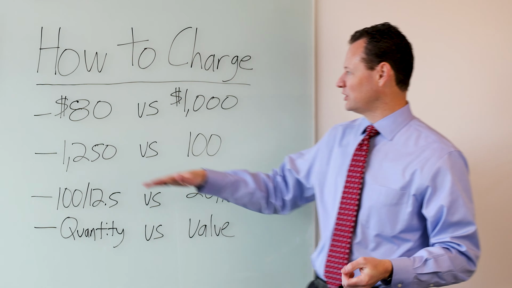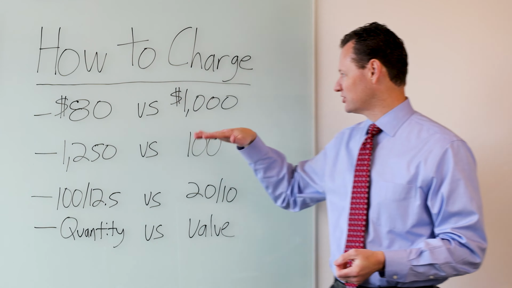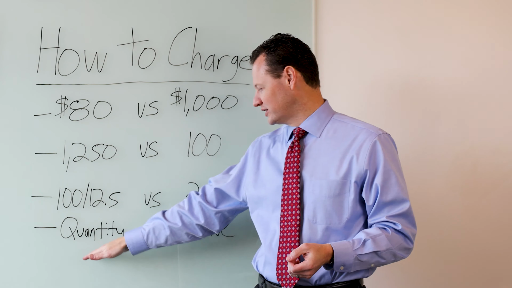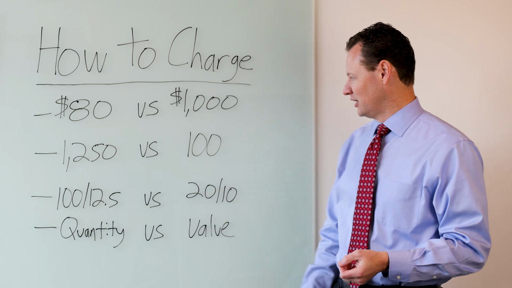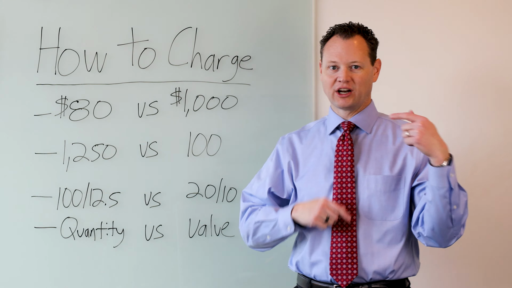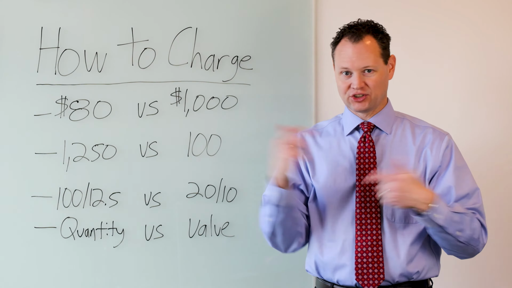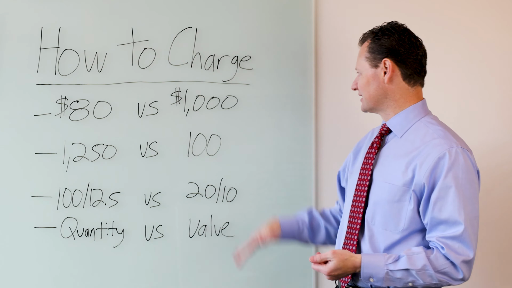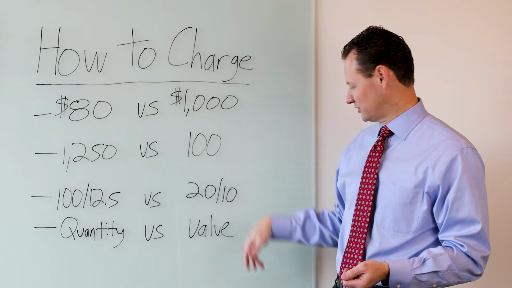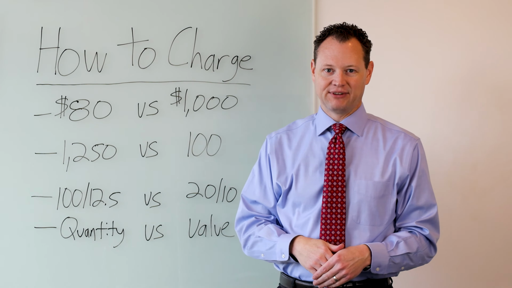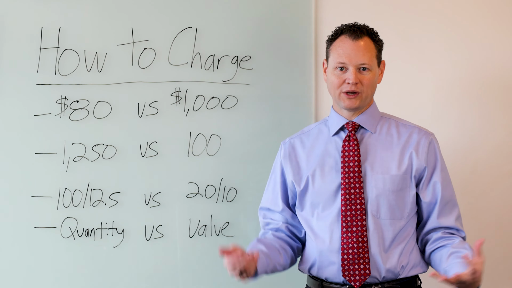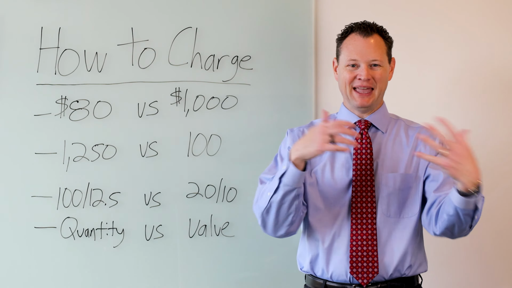The difference between charging somebody $80 versus charging somebody $1,000 for their return comes down to quantity versus value. When you charge $80 for a tax return, you're going to be working on a high quantity. You're just going to be trying to turn over people like crazy. Instead, if you are charging $1,000 per tax return for their business returns, you're going to be looking at value. You're going to be working with business owners. They're going to want to learn ways to save money on taxes. They're going to pay you